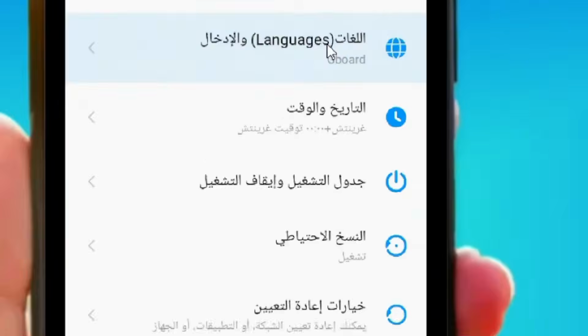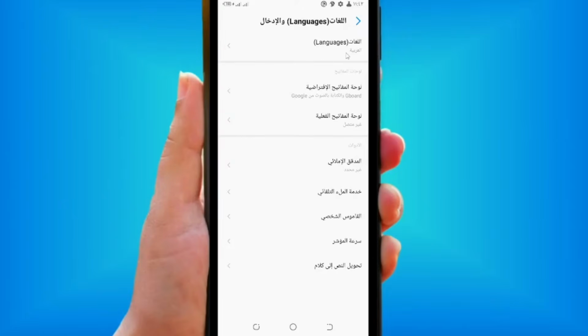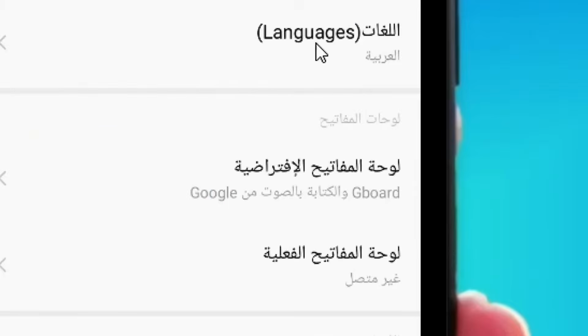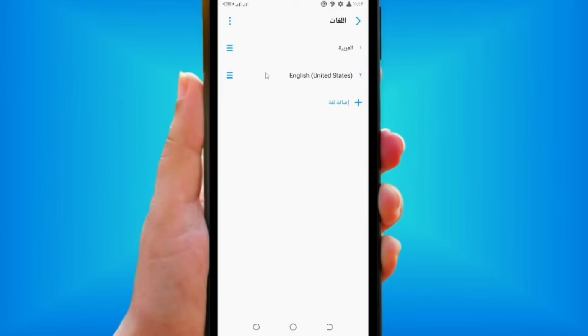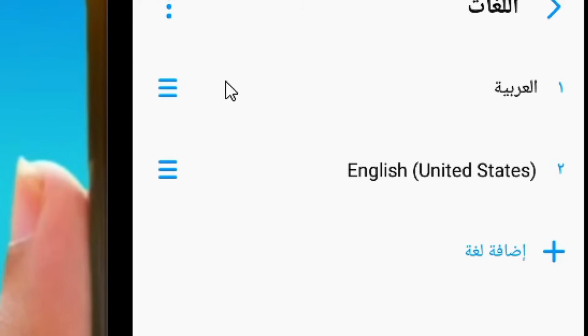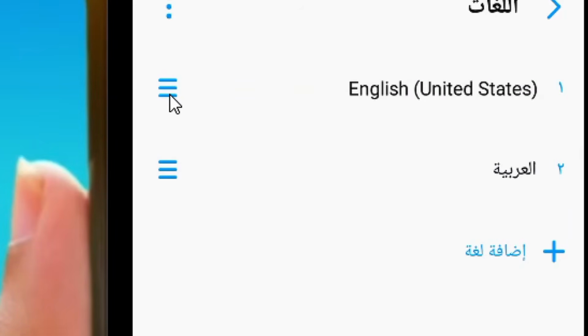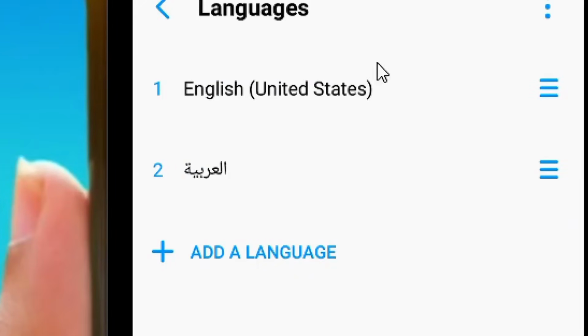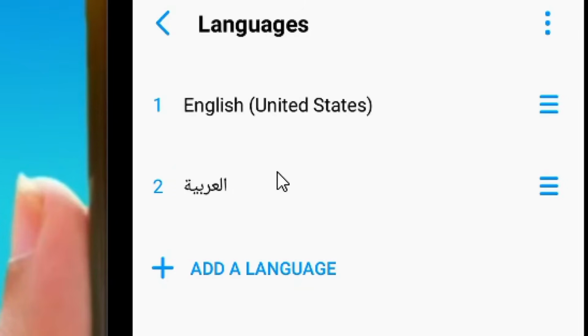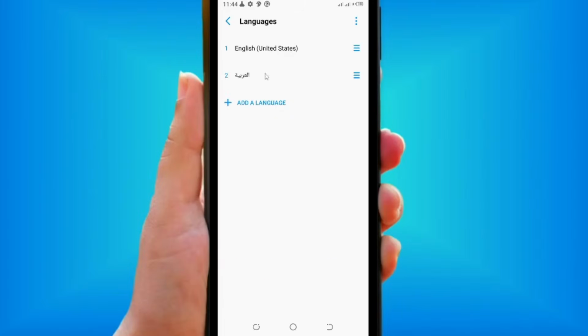That is the languages. Okay, and then come here and tap on this as well. Okay, so when you tap on it, you have the option to select English, by simply changing it from Arabic to English. Simply drag the English to the top. Okay, or simply click on the English and it is going to automatically change the language from Arabic to English,